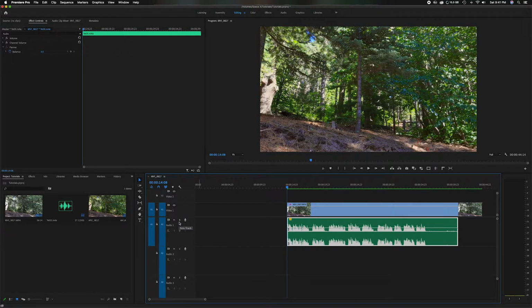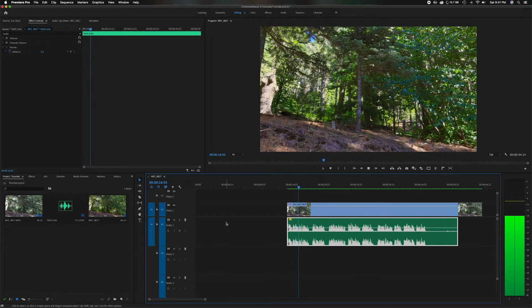I'll unmute that. I have my Canon camera recording my backyard in the woods, and it's also so you can